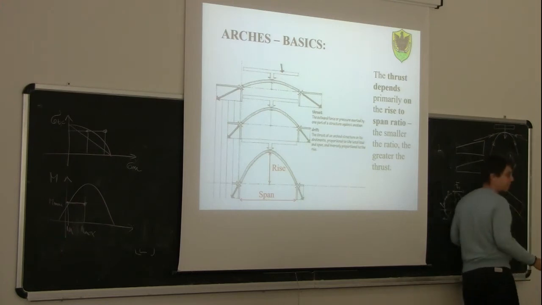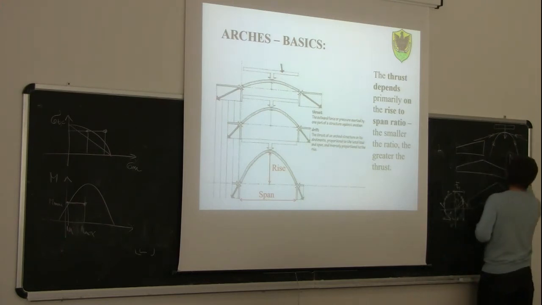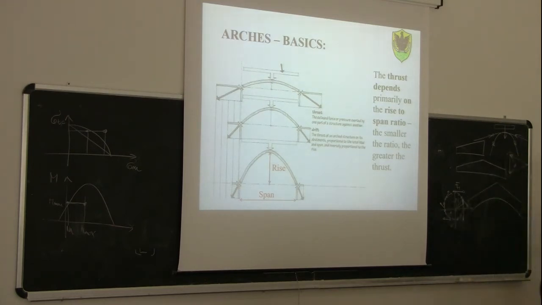So we will end up having an equilibrium like this. As we reduce the rise of the arch, you see, we increase the value of the total reaction, in the sense that the vertical component is always the same, but the horizontal component is getting